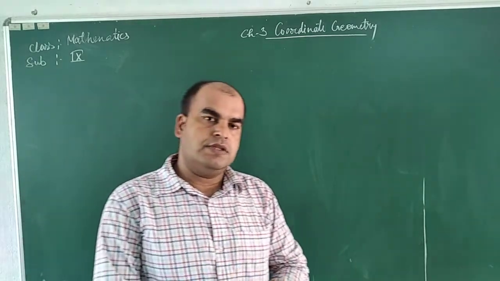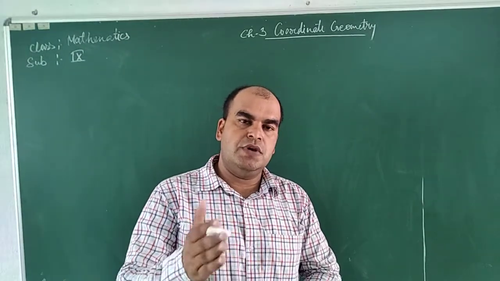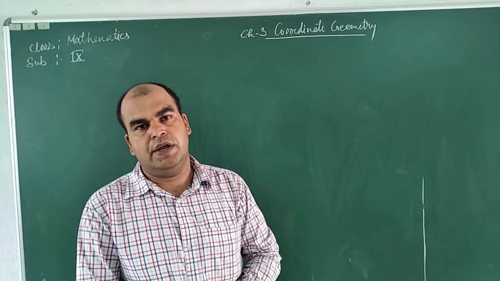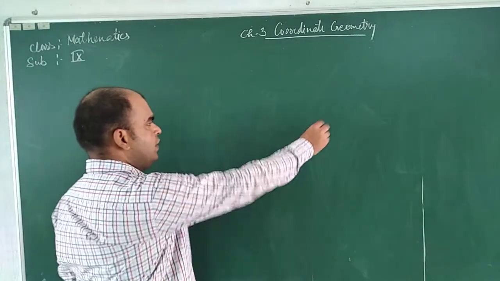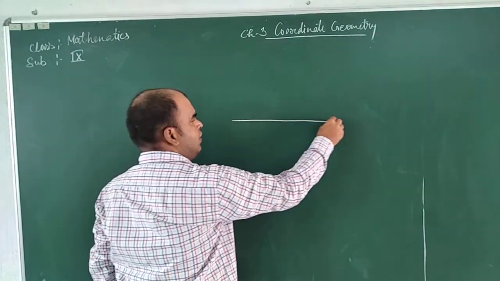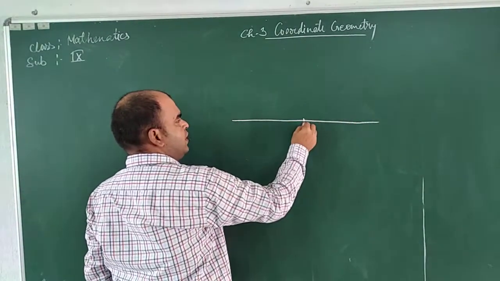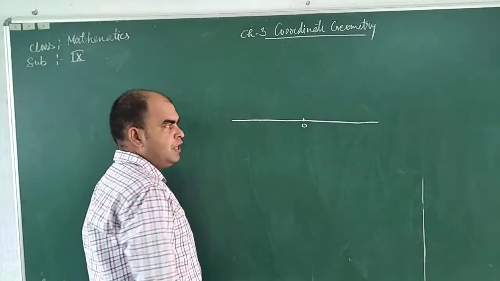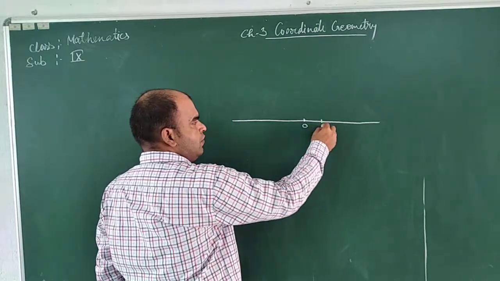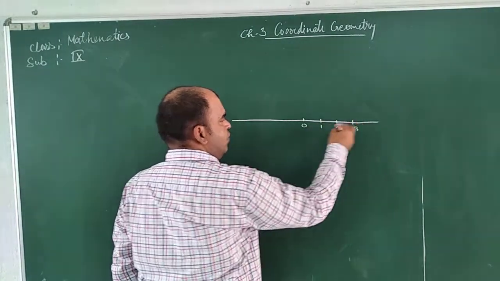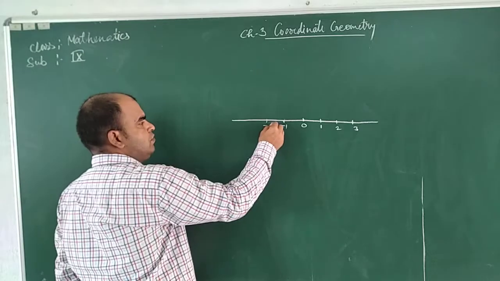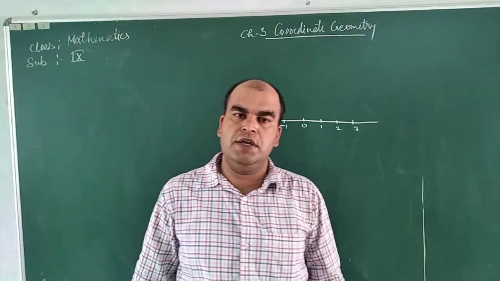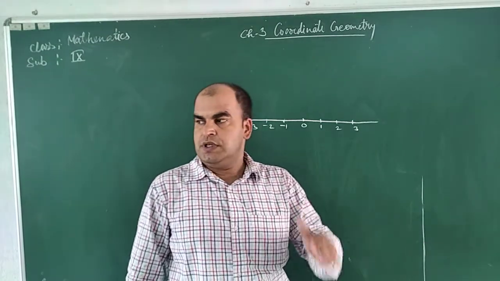From class 6 to 9th also, in the first chapter of class 9th, we discussed the number line. You know the number line: if you draw a horizontal line, you can take a midpoint as 0. Then on the right-hand side we have positive numbers and on the left-hand side negative numbers. So you can write unit distances 1, 2, 3, and similarly on this side minus 1, minus 2, minus 3.